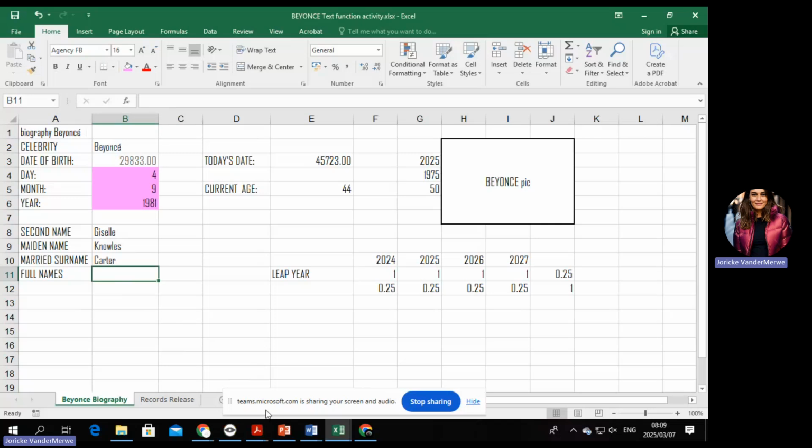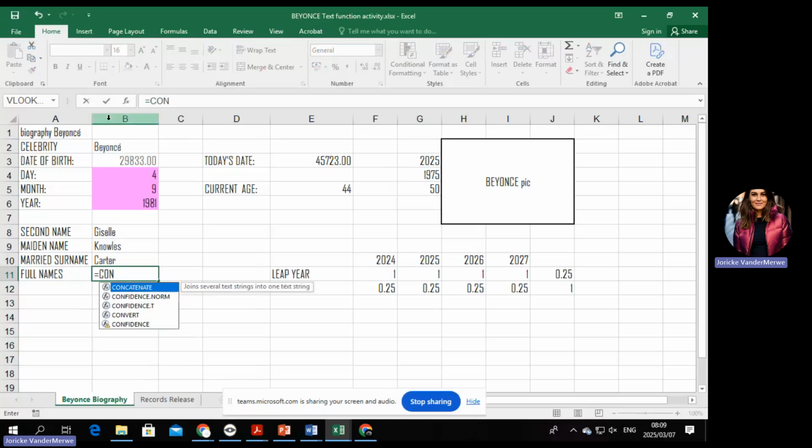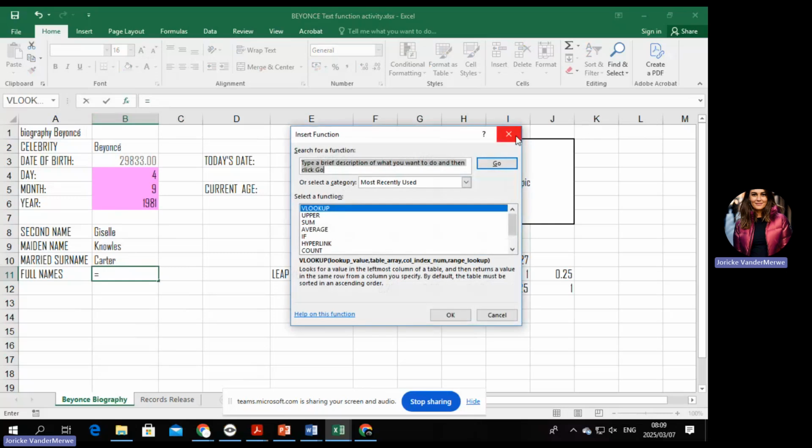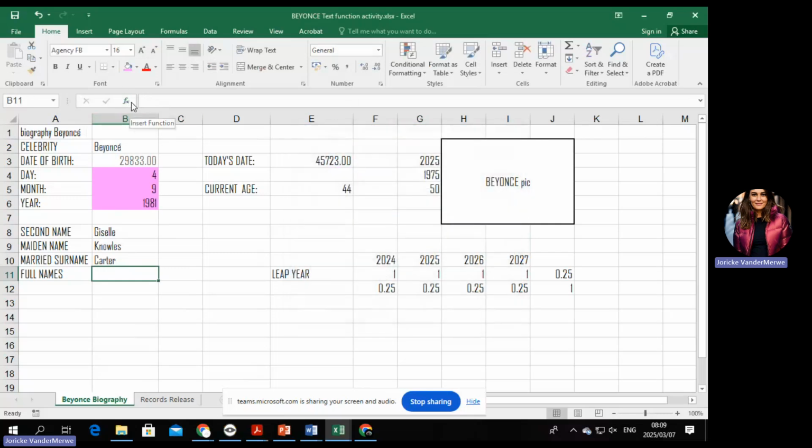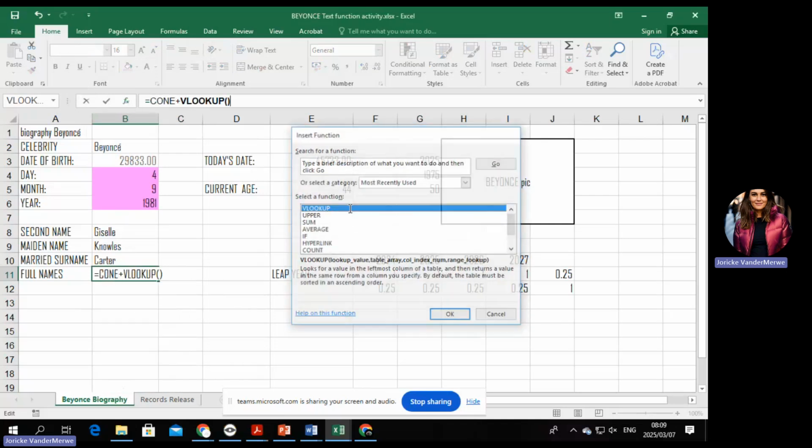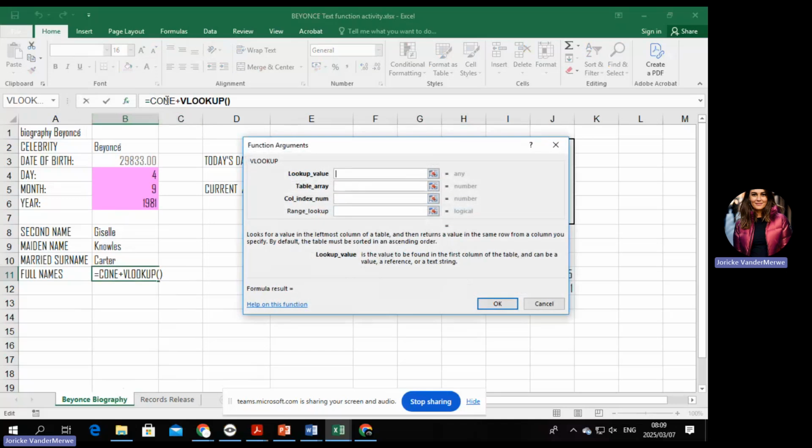All right. So we're going to start with an equal sign. We're going to say concatenate. Now, in this case, you can either go into the fx. Okay, I will use the fx. I'm going to say equal fx. Remember, when you use the fx magical wand, you can't start typing. You must start with equal, but you can't start typing the concatenate because the moment you do that, it's going to give you whatever you already put there. Can you see that?